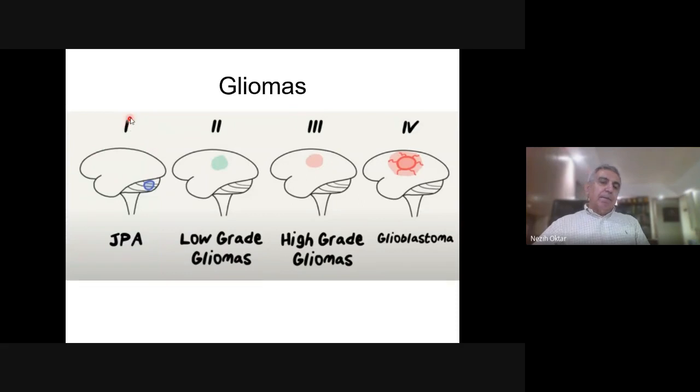when it comes to grade 1, mostly in the cerebellum, in children or young adults, we also call this juvenile pilocytic astrocytoma. It always comes with a cyst and yellowish fluid in it and a mural nodule. If you remove this completely with the cyst and the mural nodule, then we can cure the patient. You can remove this because it's circumscribed, very easy to remove, and there is no need for any further treatment. It can be in the cerebrum as well, and in other areas. But mainly, grade 1 is